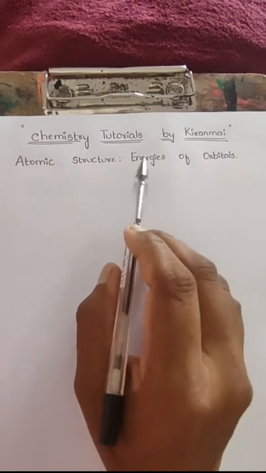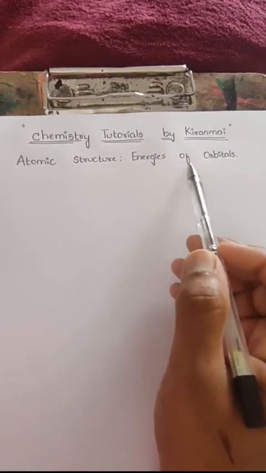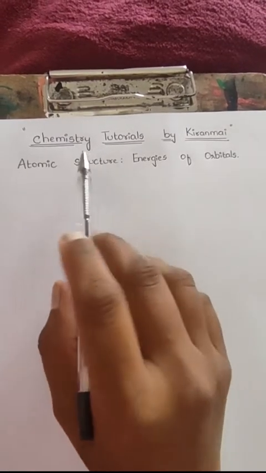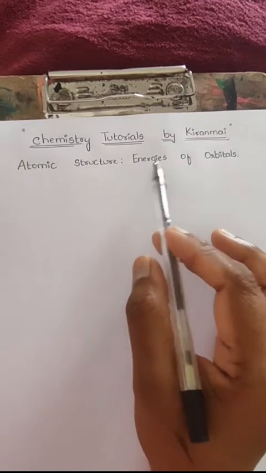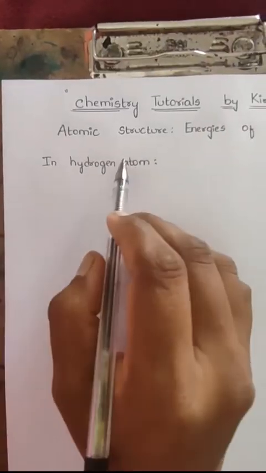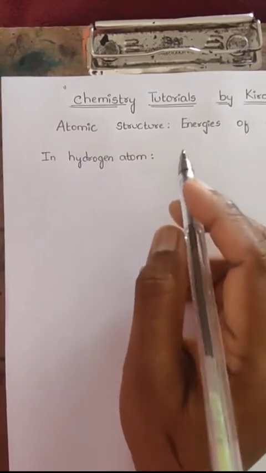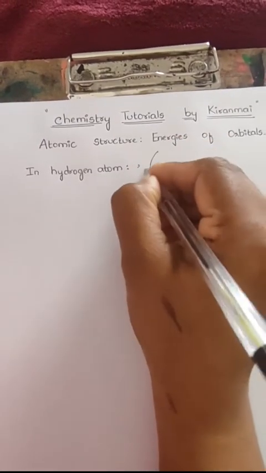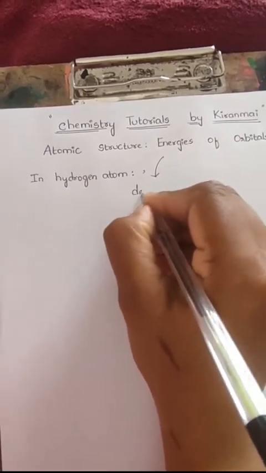Today in this video I am discussing about energies of orbitals. In the earlier video we discussed about shapes of atomic orbitals. In this video we are discussing about energies of orbitals. In hydrogen atom, the energy of an electron is determined by the principal quantum number. So energy of an orbital is